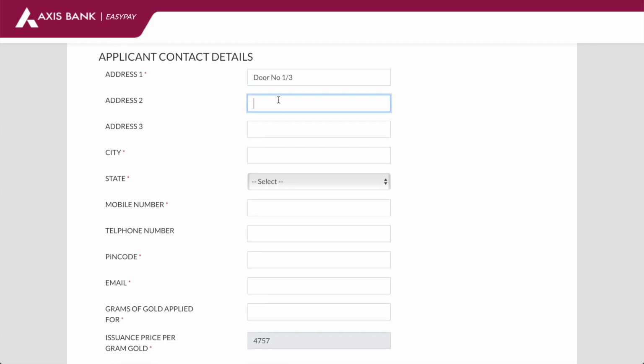Now in this section, we need to provide the contact details of the applicant who is subscribing for this sovereign gold bond. We have to enter the address as per our Aadhaar card, including city, state, mobile number, PIN code, and email ID. Post providing all the personal information, this is the section where we need to provide our units